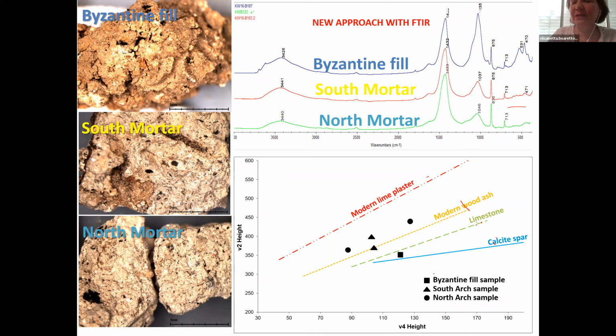As you see, the Byzantine material, as a composition, seems very much that they just mixed the chalk, the limestone, unburnt, with some plaster, and so it's very different from the other material